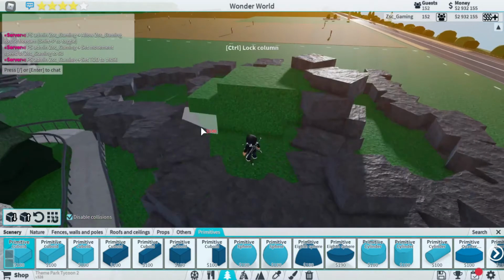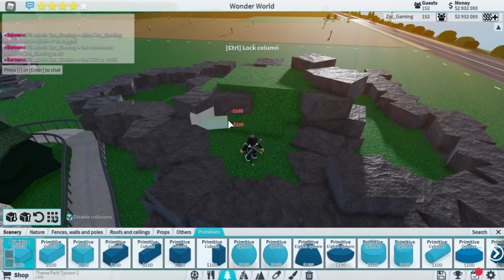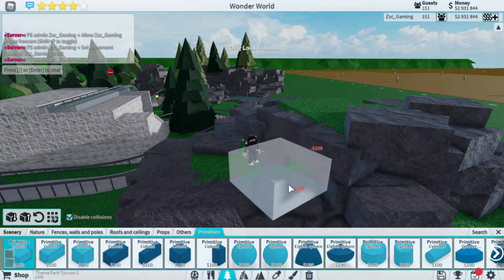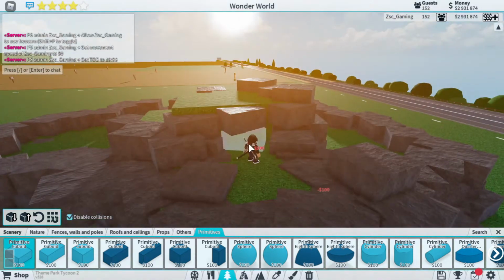You will need a good chunk of cash to do this because primitives are $100 each. I mean, which doesn't seem to be very much, but placing hundreds and hundreds and hundreds of primitives will get pretty costly in the grand scheme of things. So I'd recommend having around $80,000 to start doing this advanced terrain,